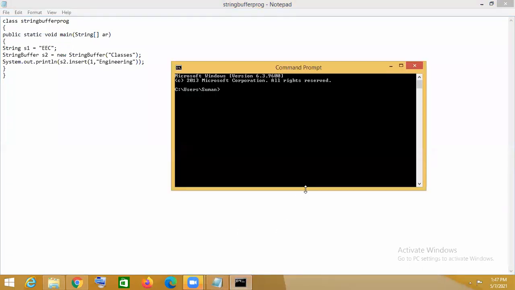If we run this program, Java C, then string dot Java, then